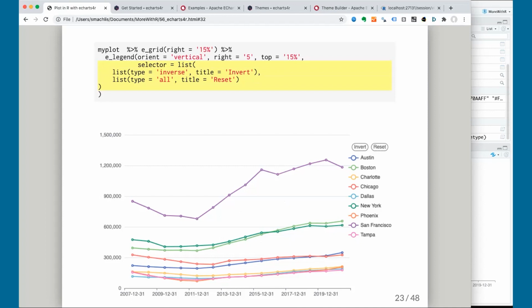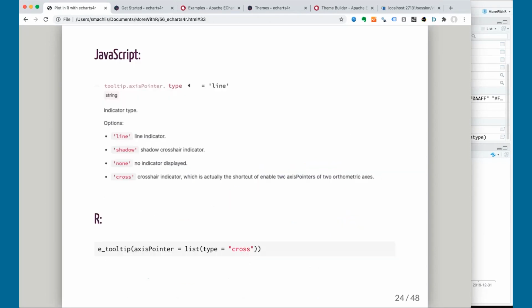John only hard-coded some of the functionality in the wrapper, but we can use all of eCharts JavaScript functionality with the right syntax. So here's a quick detour for a little how this works under the hood. Here's an example John has on the eCharts for R site. You can see the original eCharts JavaScript documentation at the top, tooltip.axispointer.type.